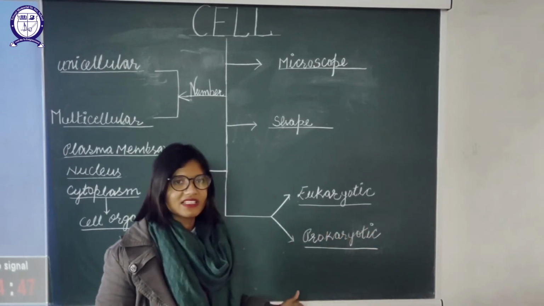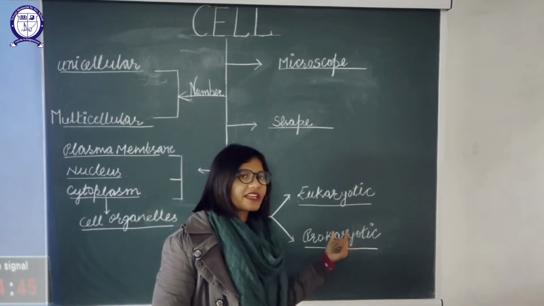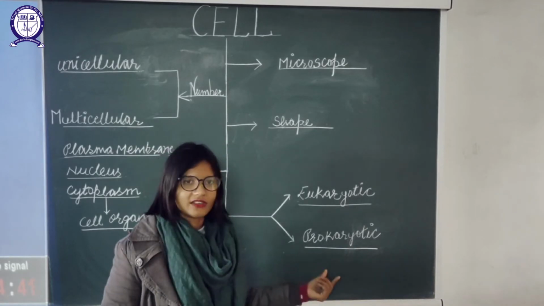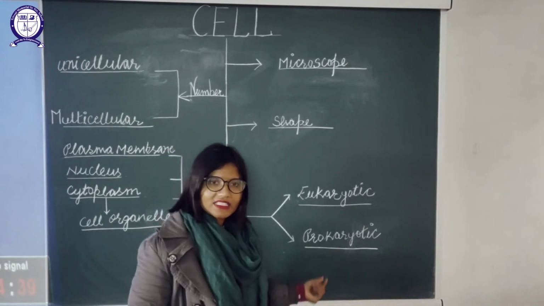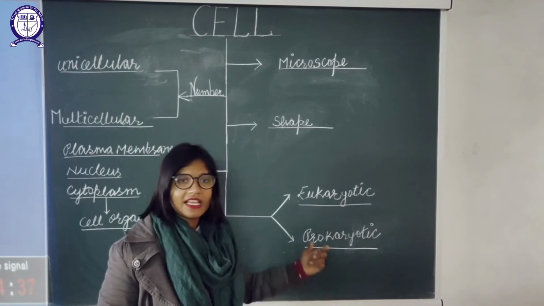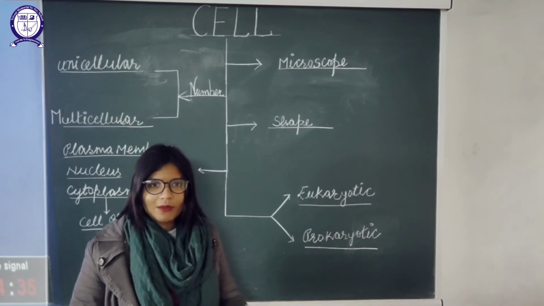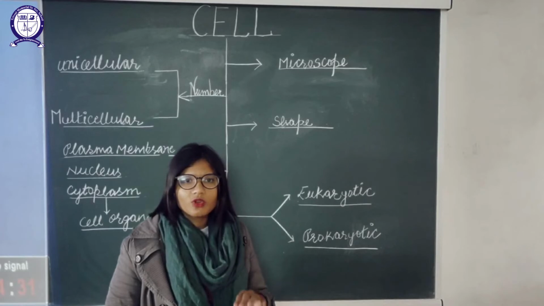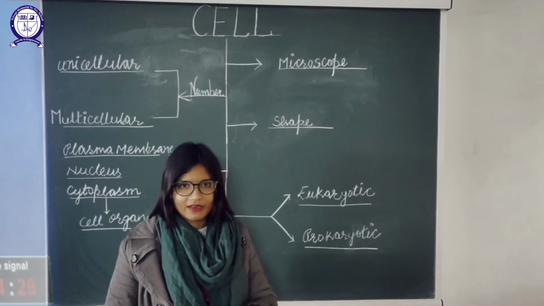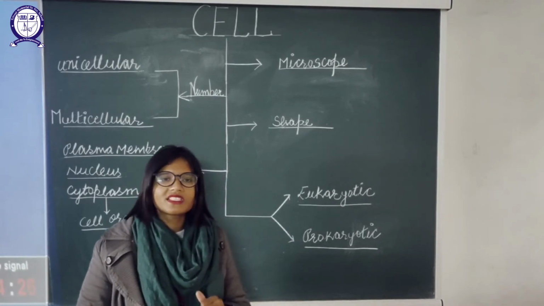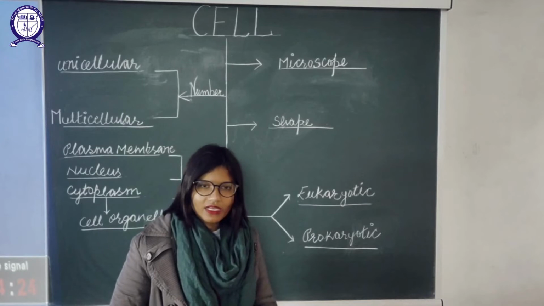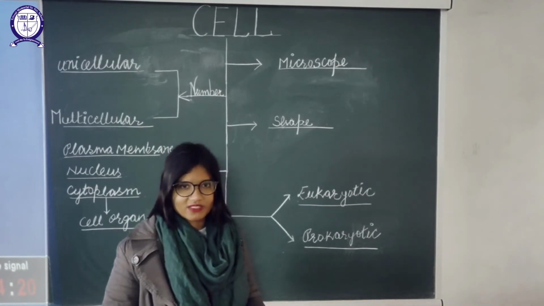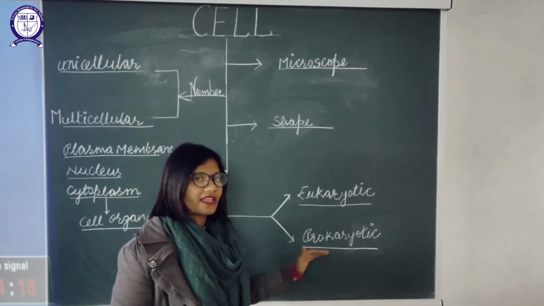As the name suggests, karyote is a Greek word which basically means nucleus. Pro means ancient. So prokaryote is a type of cell which is carrying an ancient type of nucleus. By ancient here it means that the nucleus is not having a proper nuclear membrane. Okay, there is no distinctive nuclear membrane. That is why DNA is embedded in the entire cytoplasm. That is why it is known as prokaryotic.